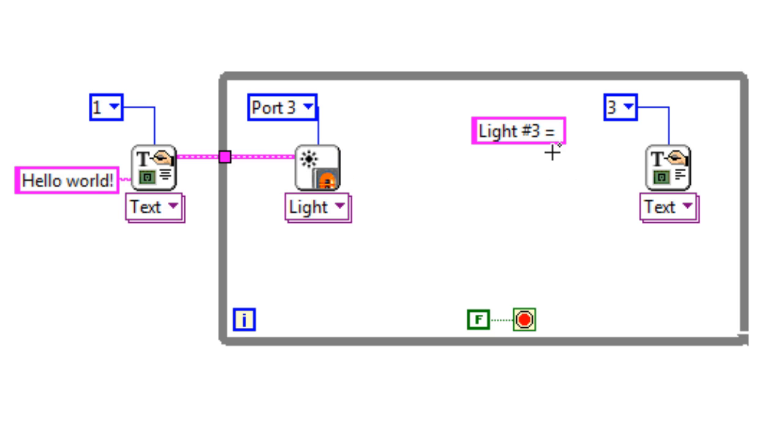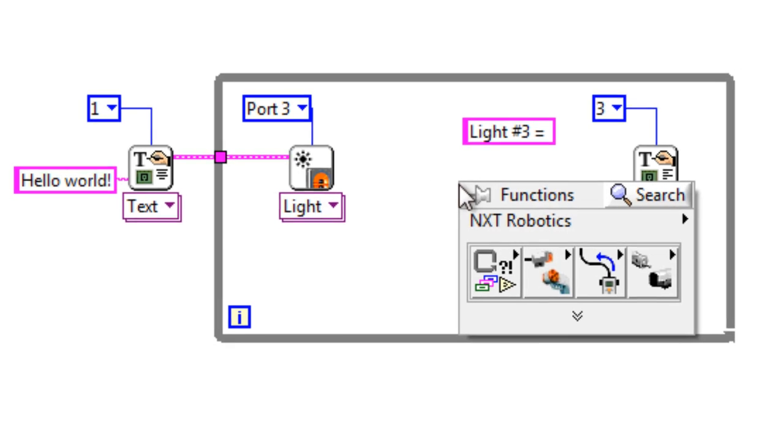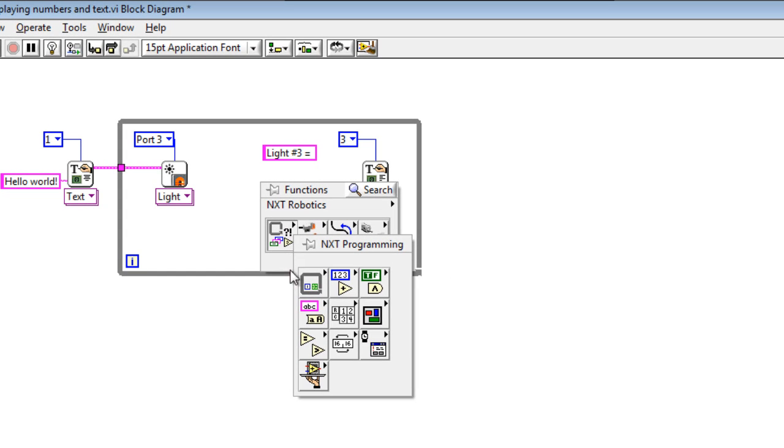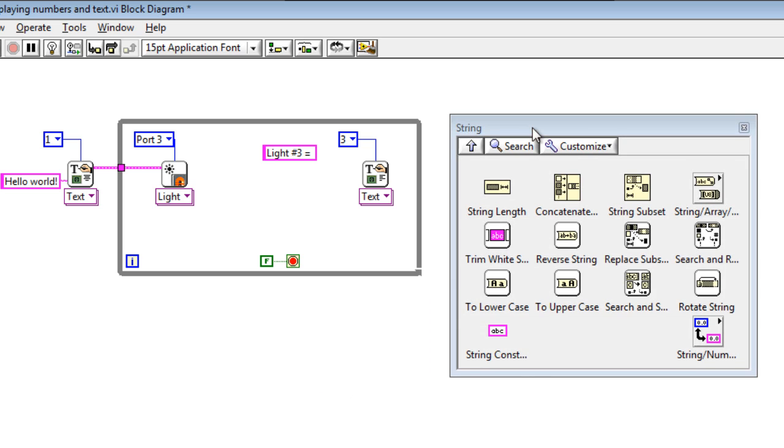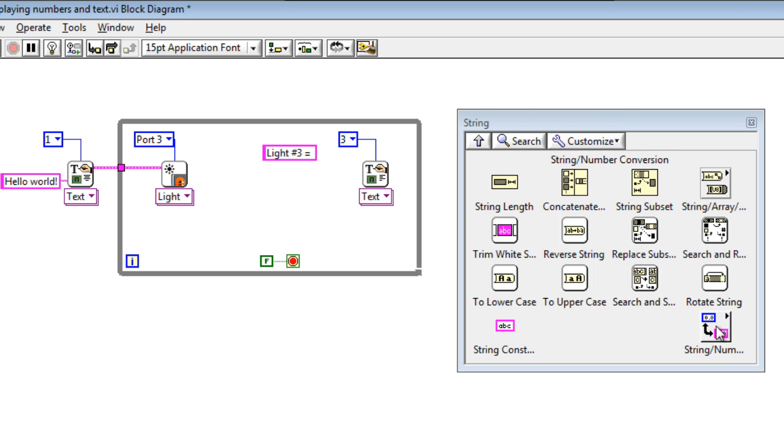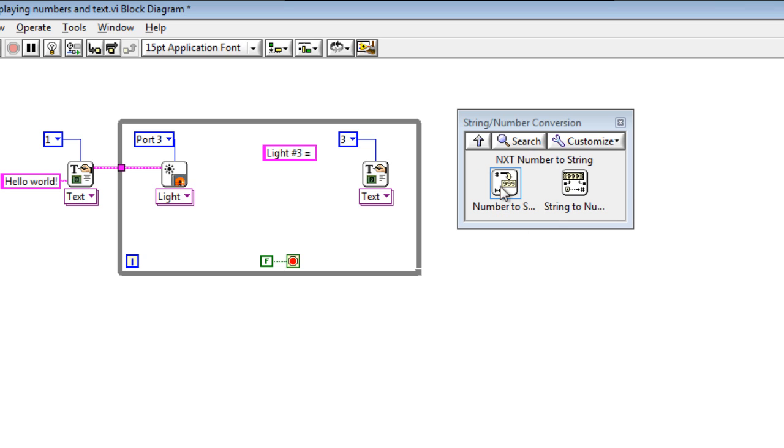Now we can't add a number onto that text, we have to convert it first. So underneath string, so NXT programming and then string, there is an option in here. We've got string to number conversion, so we'll go number to string and wire that through. Number comes in, string comes out.